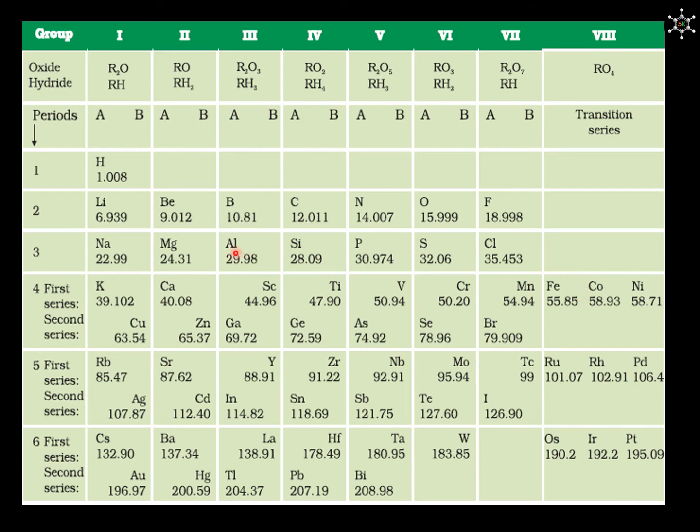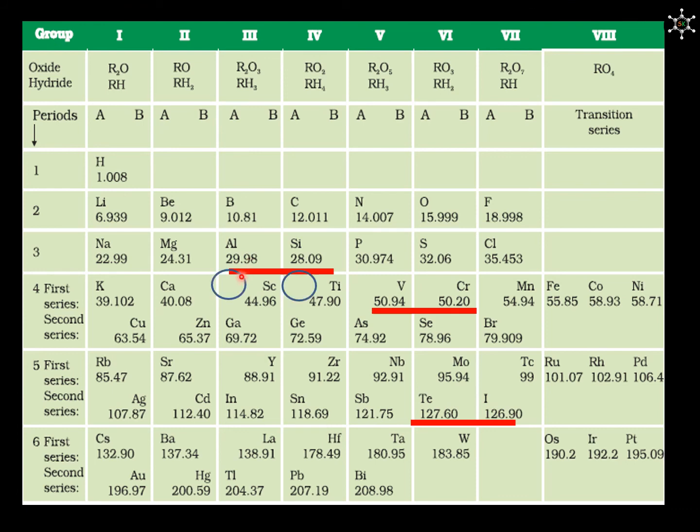Aluminium's atomic weight is more than the atomic weight of silicon. Even then, Mendeleev placed aluminium prior to silicon in his periodic table because the chemical and physical properties of aluminium were closer to boron than to carbon. Similar observations can be seen between vanadium and chromium, and tellurium and iodine.